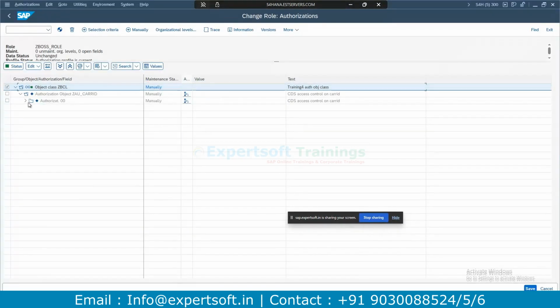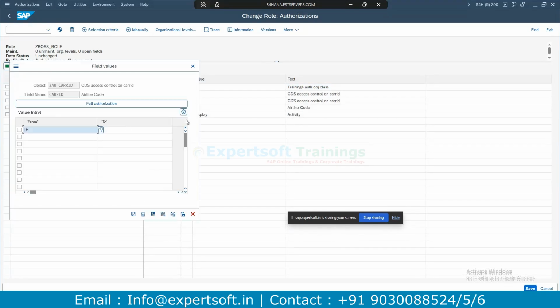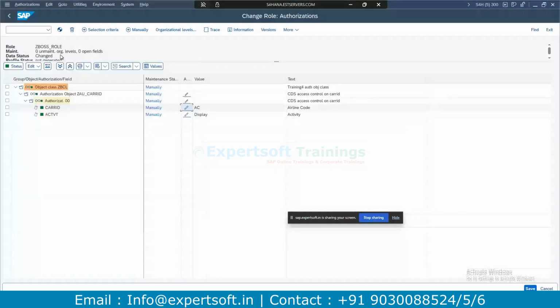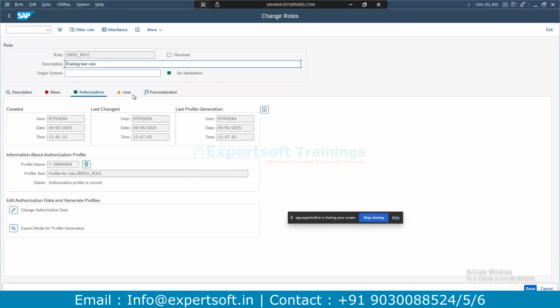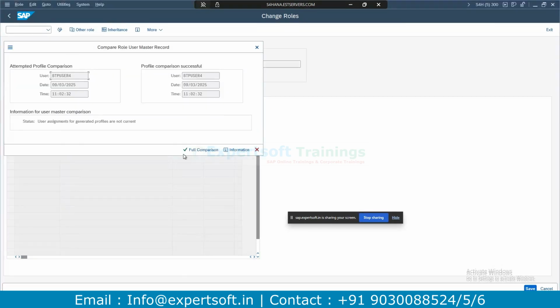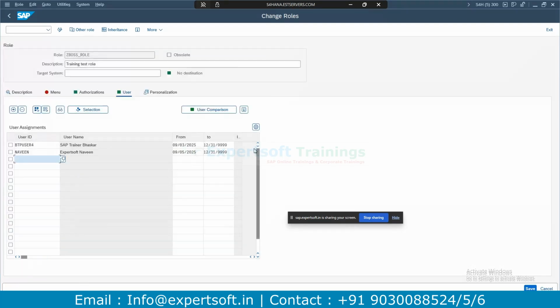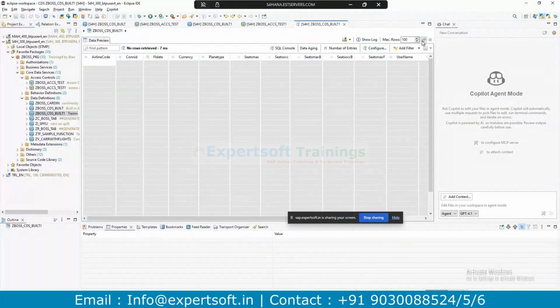So now I'm changing it to activate mode with the other field, AC. Activated, generated. Then user comparison. This is a security activity. Okay, it's green. Then refresh it once. Only AC is coming.